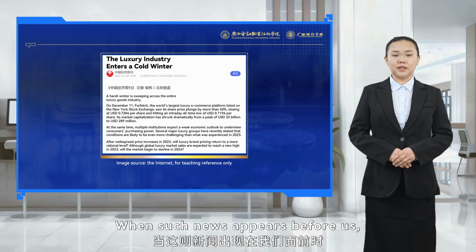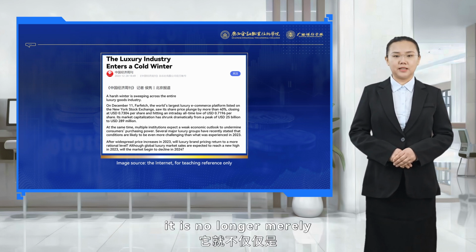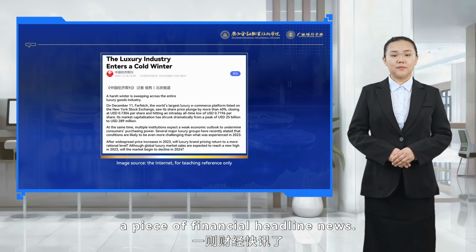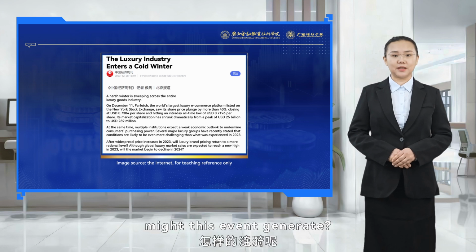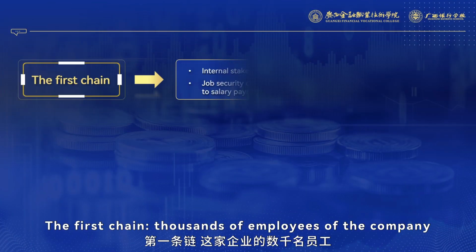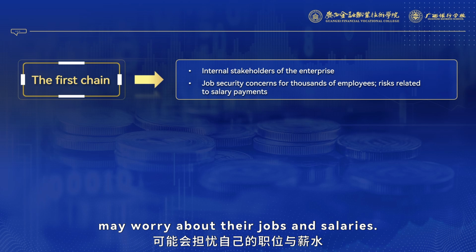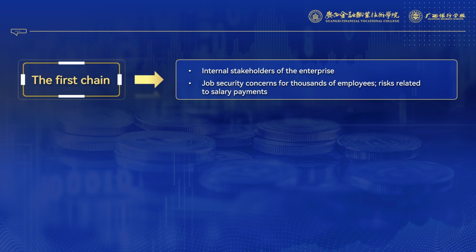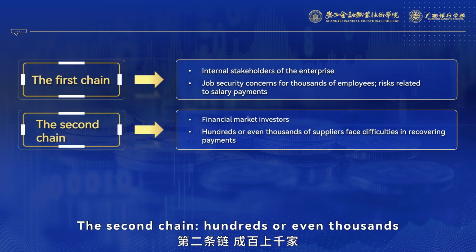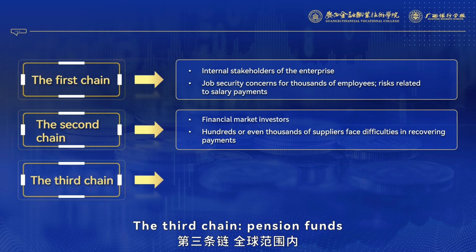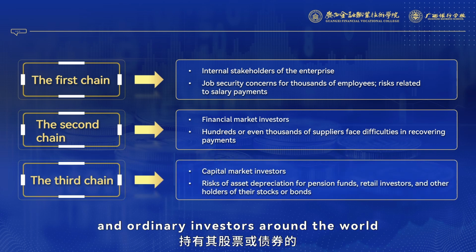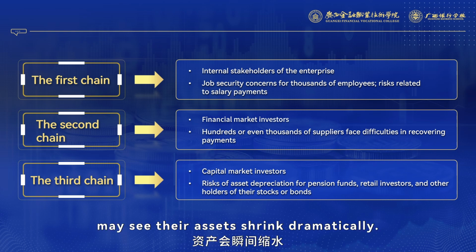When such news appears before us, it is no longer merely a piece of financial headline news. Please take a moment to think, what kinds of ripple effects might this event generate? The first chain, thousands of employees of the company may worry about their jobs and salaries. The second chain, hundreds or even thousands of supplier firms may face difficulties in recovering their payments. The third chain, pension funds and ordinary investors around the world holding its stocks or bonds may see their assets